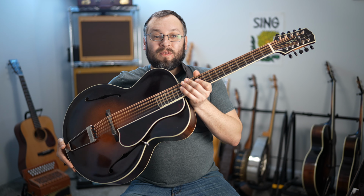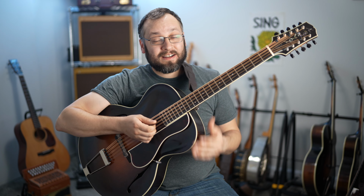Again, I didn't find in my own playing that I really had a lot of use for a mandocello on its own. Again, with fiddle-based music, that C, G, D, A requires a lot of transposition, and it's just a less traditional instrument in a lot of the kinds of music that I play, so I was leaning more towards an octave mandolin, which again, I felt that I didn't really have use for a dedicated octave mandolin, so I tried to kill two birds with one stone, pardon the expression, and went for another very uncommon instrument, but this